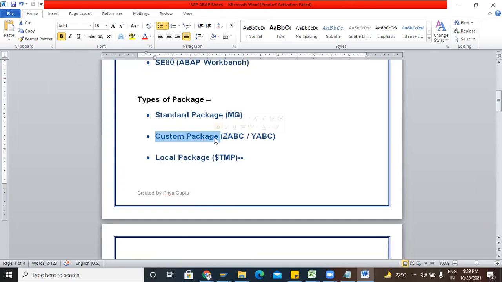If you are storing that object in the local package $TMP, then you cannot transport your objects. So you cannot transport your objects if you are storing in the local package. If you are creating any object for your practice, then you can store it in the local package.